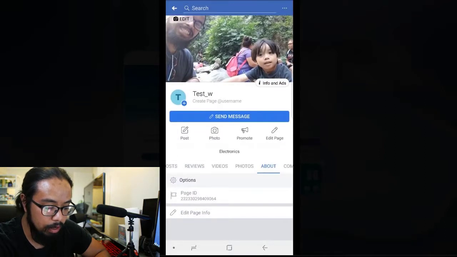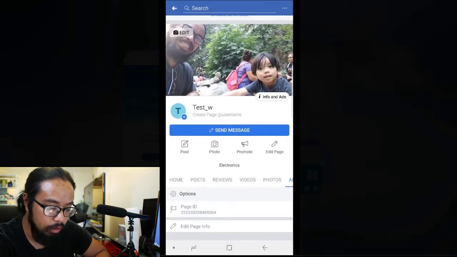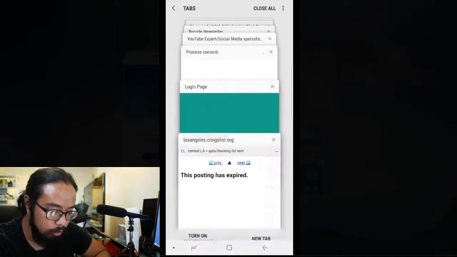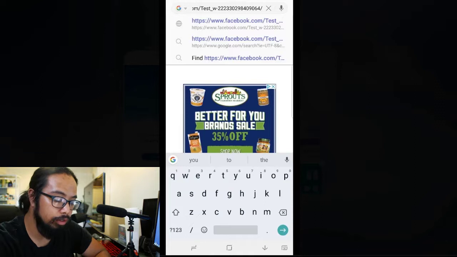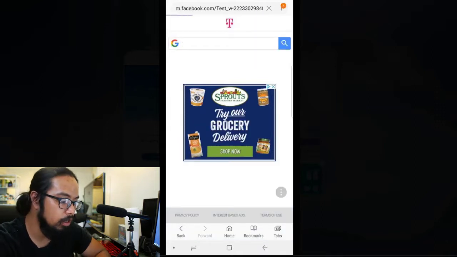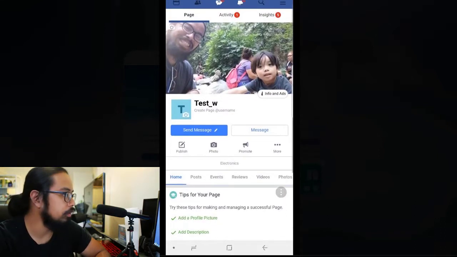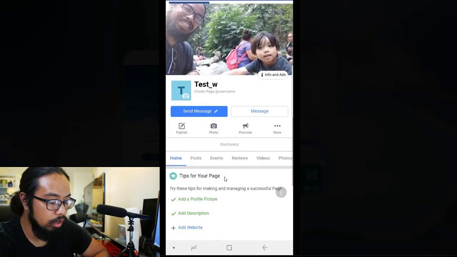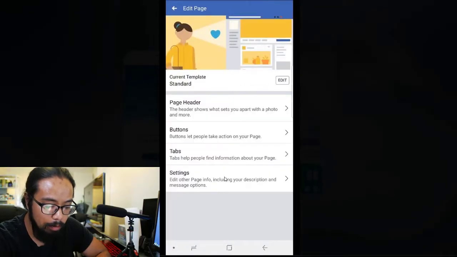It's what people will see when they go to your page. So for example, let's actually take a look at this. The tabs are pretty much the main things people will see the minute they land on your page. So we just swapped out the posts and made sure the events are on top. People are definitely going to see that right here. You see that where it says events? I'm not sure if you can see that right there. It's going to show that first for people to see. So the Facebook page, this whole setup is pretty much like a mini website. You can guide people to the most important items that you want them to go to, and you can just remove things that you don't think are essential. So that's what the tabs are.